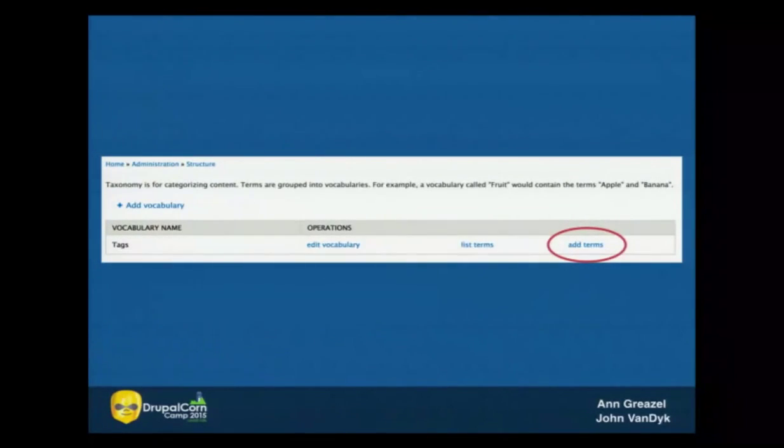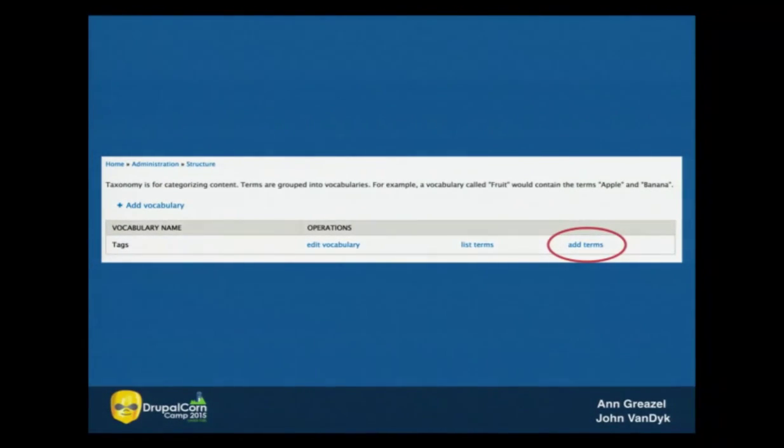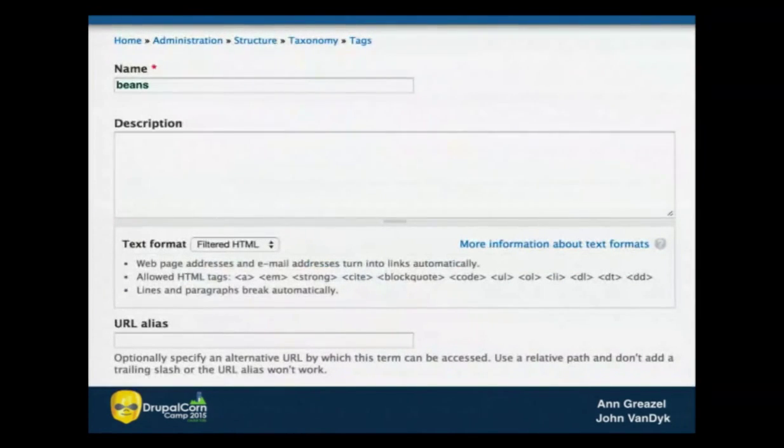So what you're seeing here is a vocabulary named tags that already comes with Drupal, and a spot where you can list the terms and add terms. We're going to select add term, because if you selected list terms, there won't be any, because it's an empty vocabulary when it comes out of the box. So you want to add terms to the vocabulary tags.